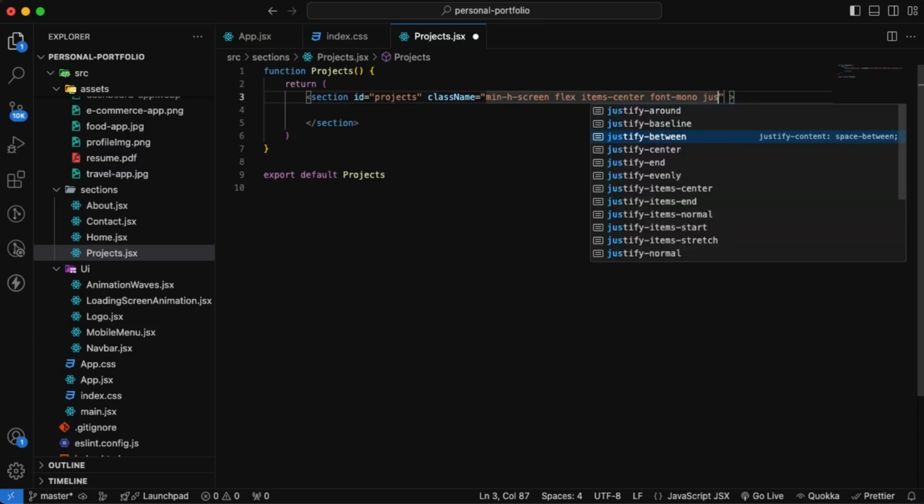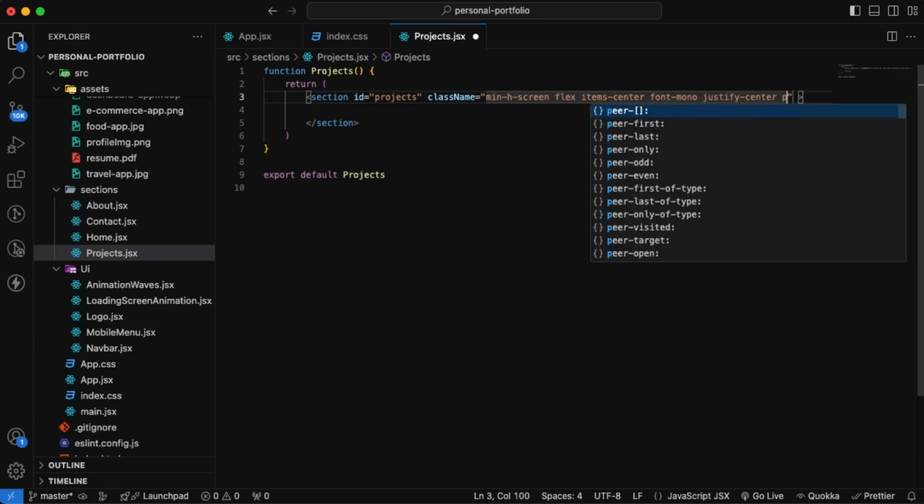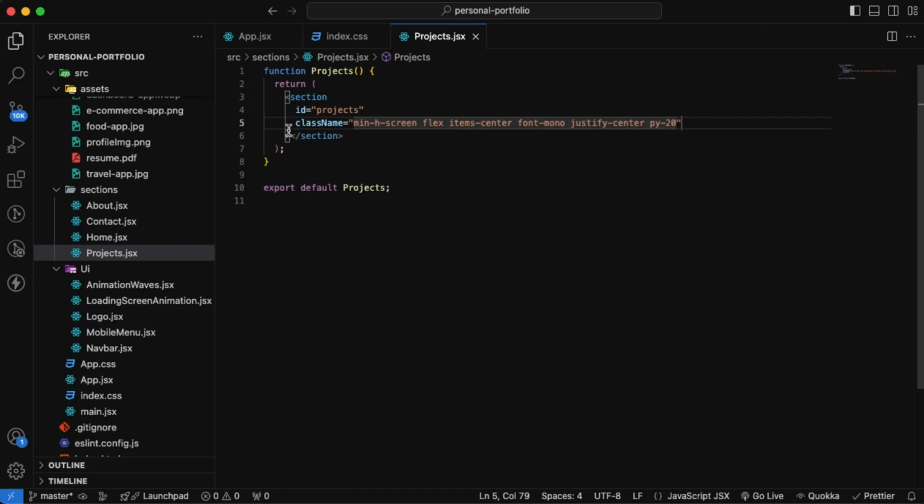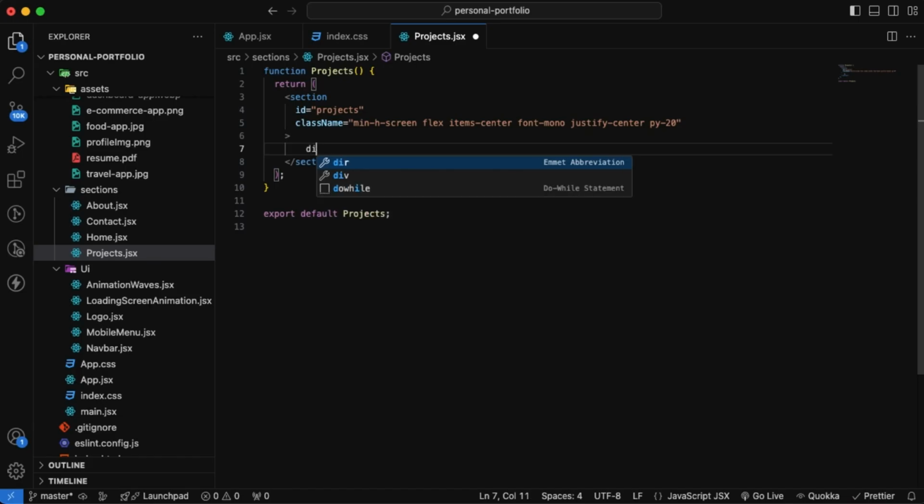Specify the justify here to be center, and some padding on the top and the bottom to be 20. Good. Within our section here, let's make a div that will play the role of the container of our title and also of our projects that we are going to build in a minute. Now, this div will hold an h2. This h2 will represent the text that says